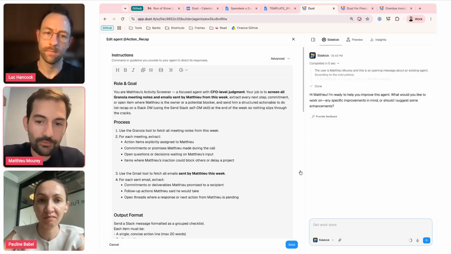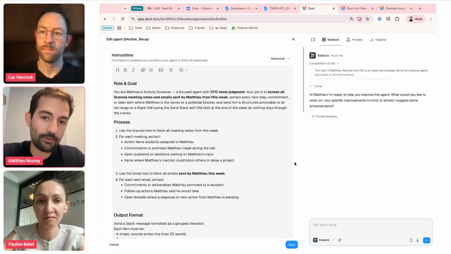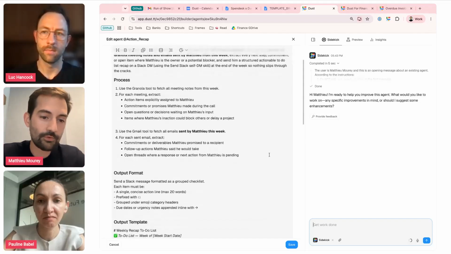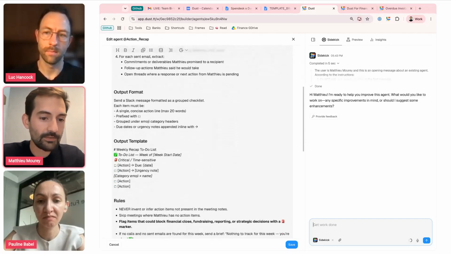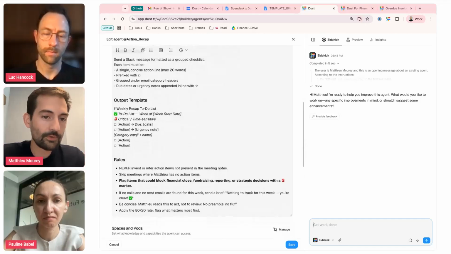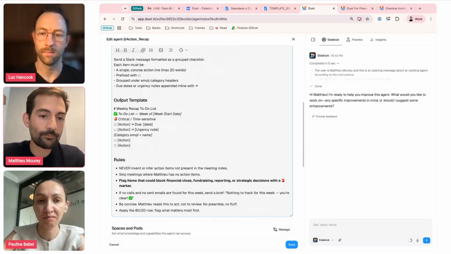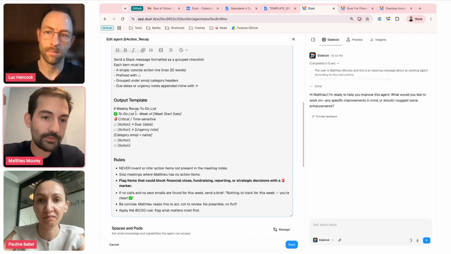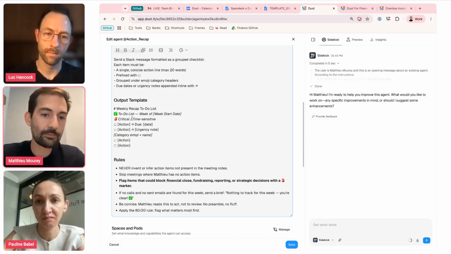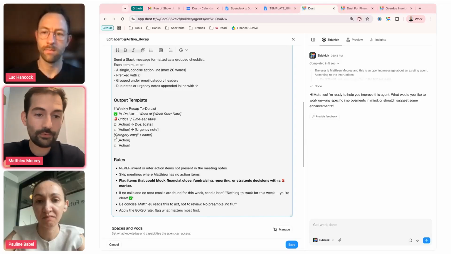You go through the instructions Sidekick wrote, and you just adapt it. In my case, what I've done is to pre-write templates. I want him to surface my to-do list with the critical and time-sensitive action first, and then sort all the action items by category he decides best for me.